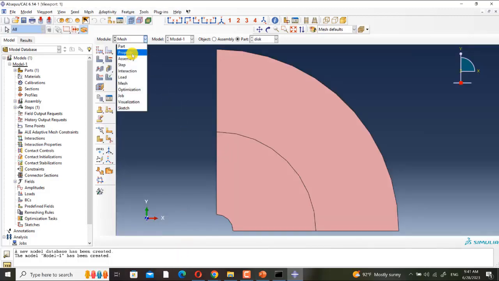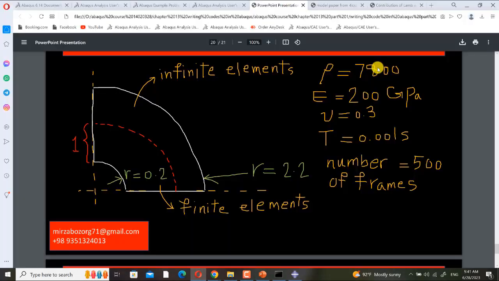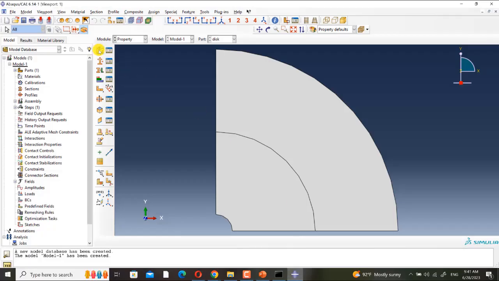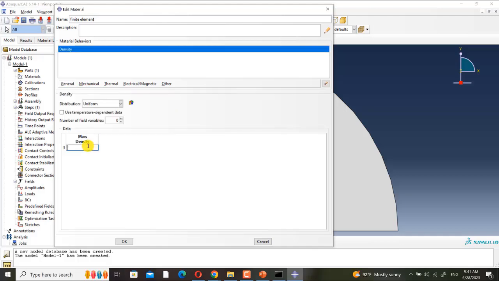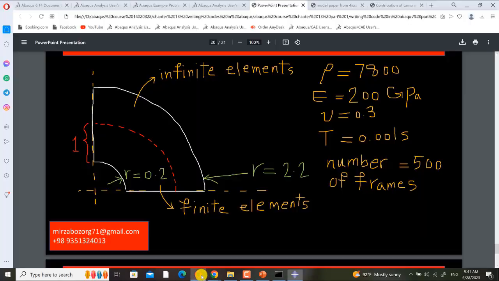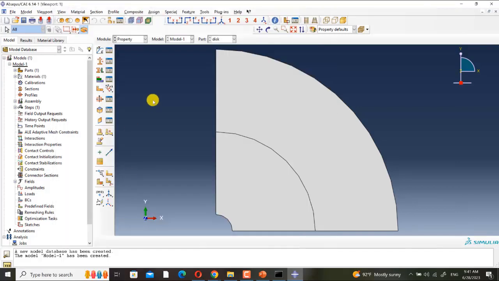Okay, it is meshed. I go to the property module. I define a material named finite element. Its density is defined.